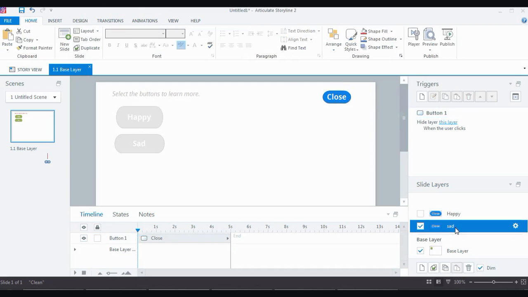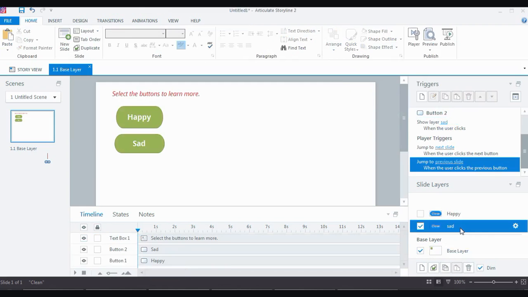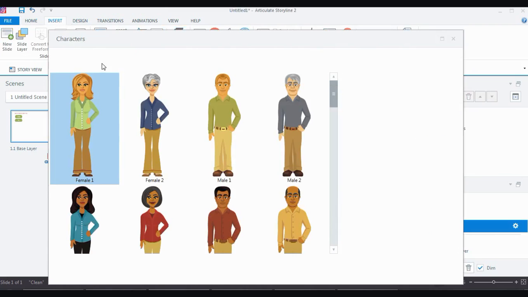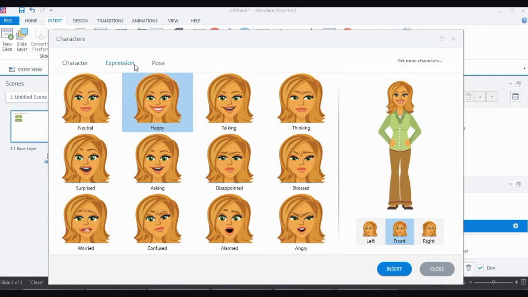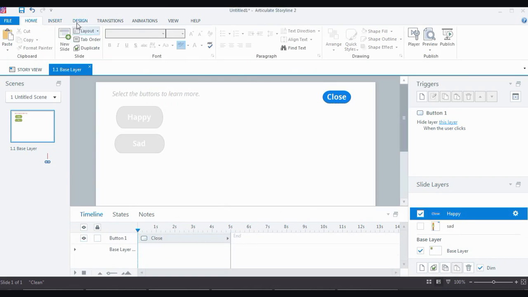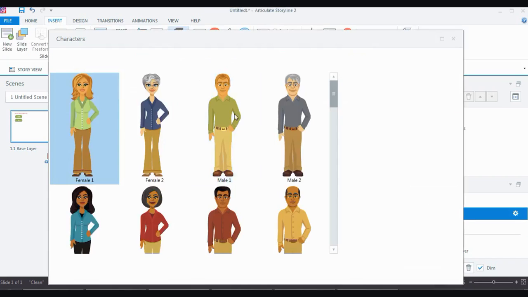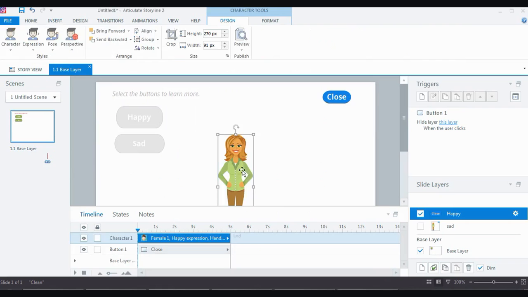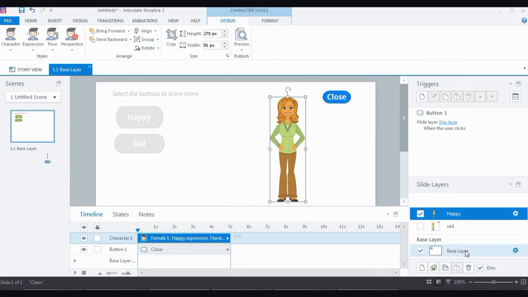Okay, now let's add some images. So for the sad, I can go to insert, go to character, illustrated character. Let me see if I can find something which is really sad. Okay, nothing which says sad, but I can take this which says stressed, which is quite similar. I can place it here. In the happy, I can add something which looks happy. I can go to the expression. Yes, this looks fine. I can add it here,